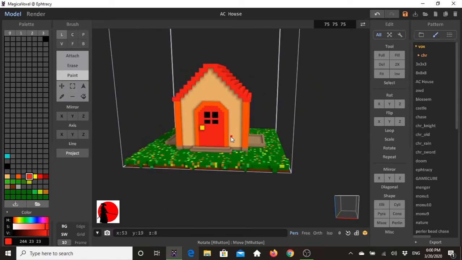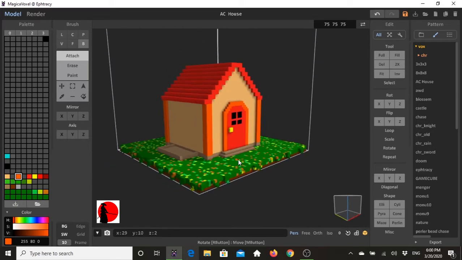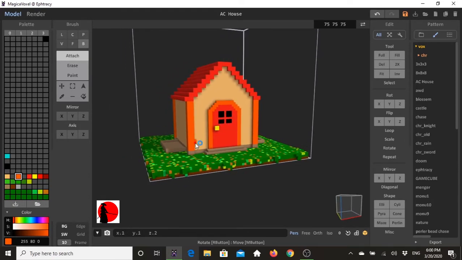Okay, looking more like an Animal Crossing house. We're going to add some more details in. So this next one, what we're going to do is put a little detail on the frame. So this is 3 wide by 3 wide. So what I'm going to do is also do 3 wide this way, draw it,